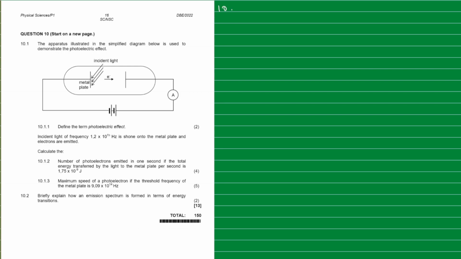Define the term photoelectric effect. It's one of the common questions that we always meet under this topic. So what is the photoelectric effect? We can write: the photoelectric effect is, let's start by saying, a phenomenon, or you can say a process, where